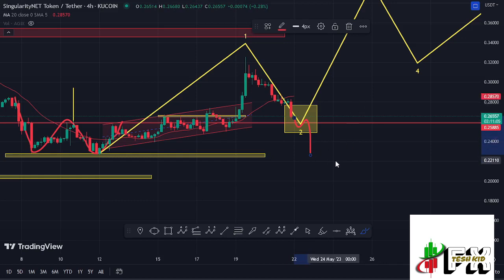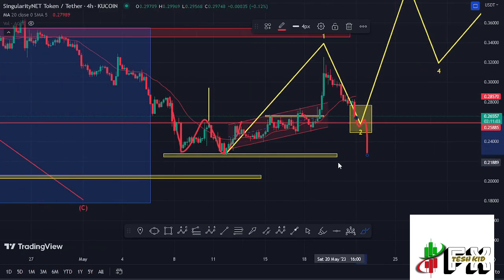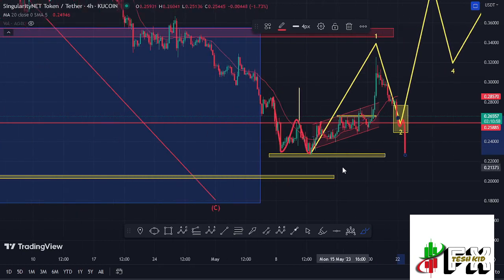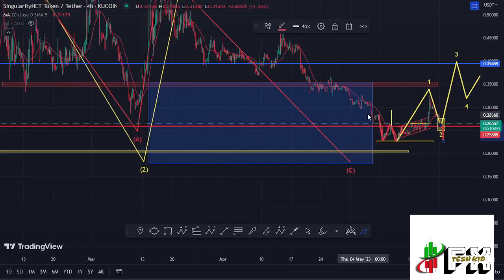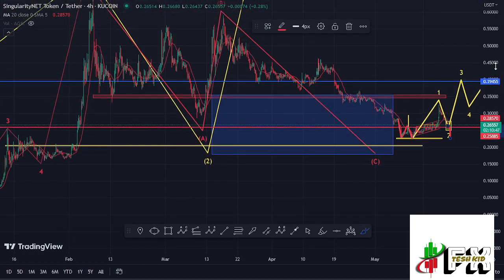But in case we continue seeing further breakdown, then that would be suggesting an even more bearish scenario, where we could get a low below the low at around the $0.227 mark. And to understand fully what I mean on that, I can give you my Elliott wave count here on the AGIX chart,